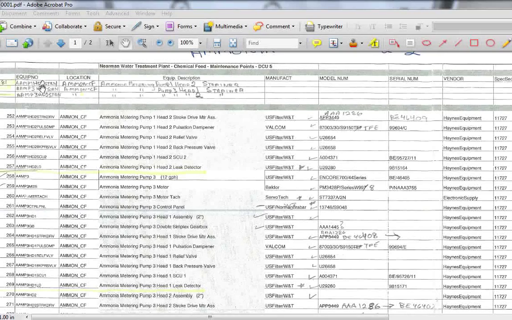So you can see in this particular spreadsheet, it's labeled Nerman Water Treatment Plant. The location of the plant's chemical feed, and this is a subsection called ammonia chemical feed. We abbreviated it ammonia-CF, and these are the maintenance points or the assets and some of their data that are in Maximo. So for the example of the pictures I just showed you, ammonia metering pump 3, you can